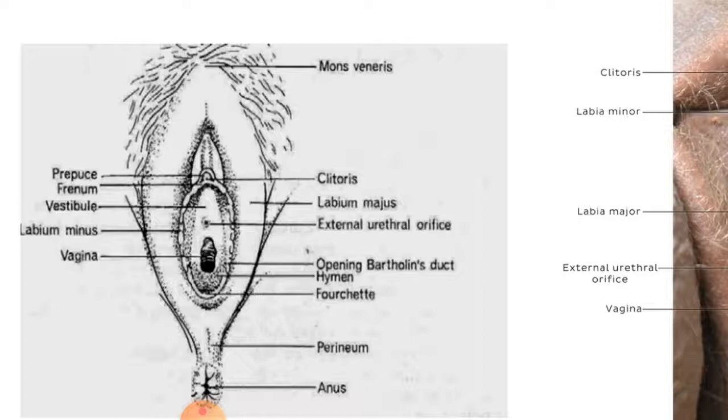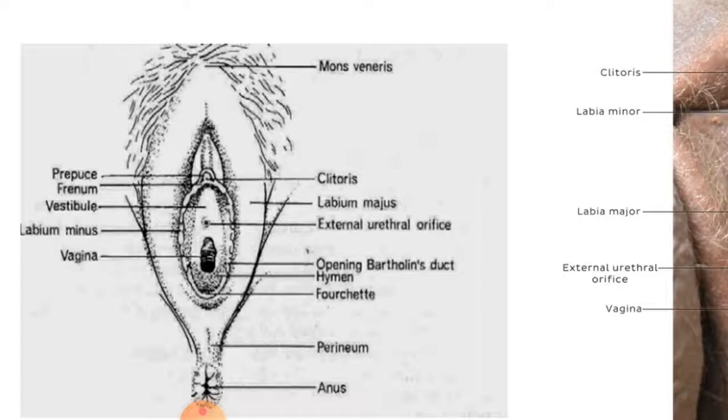So the vestibular glands are also called Bartholin's gland, and these are situated one on each side near the vaginal opening. Here you can see the opening of the Bartholin's duct, and each one duct will be present on each side. They are about the size of a small pea, and once again the opening is into the vestibule, immediately lateral to the attachment of the hymen.